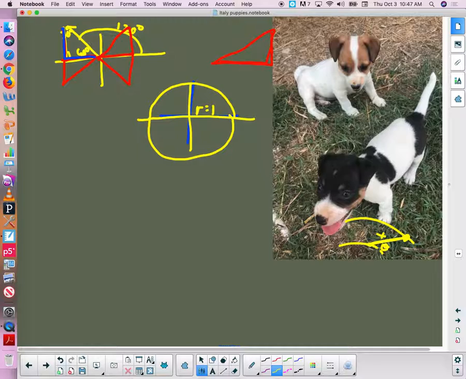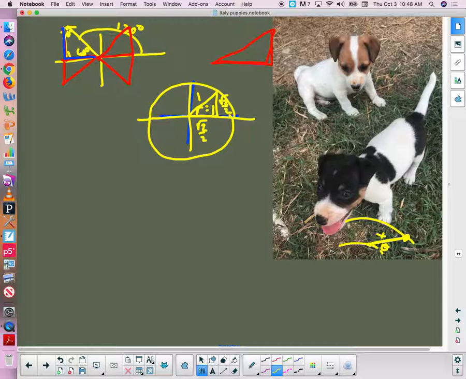If the radius is 1, let's go to a 45-45 triangle. If the radius is 1, that would be over here, wouldn't it? That would be the radius of the circle, which is the hypotenuse of that right triangle. And the sides would be what? How do you go backwards? So it'd be 1 over square root of 2, or square root of 2 over 2,